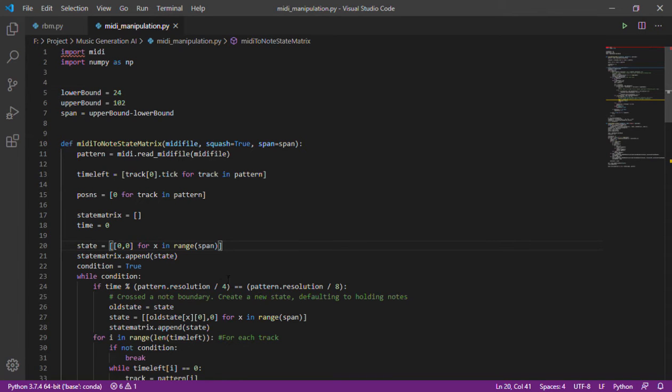So here I have first created a MIDI manipulation file. Then here I will be converting my MIDI file to the matrix. Now why do we need to convert it into a matrix and how will it work? So the MIDI file will be trained on neural networks, and neural networks are basically of two types: feed forward neural network and recurrent neural network.